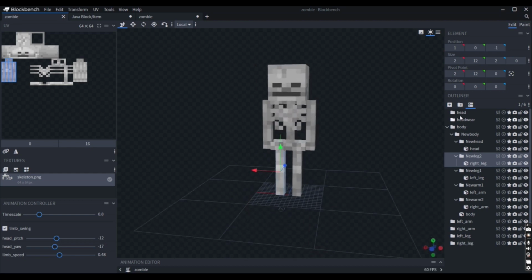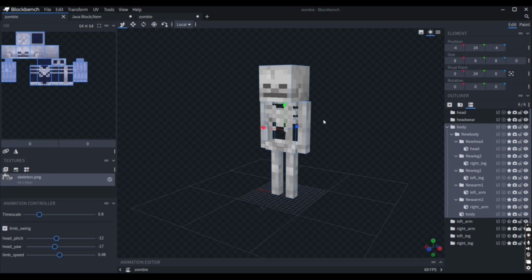So here I have everything located in the body folder, which I have not edited. Remember, do not edit any of these portions of that file. I put everything in a new folder called new body, and then every component that I wanted to animate, so I wanted to animate the head, the leg, the other leg, and the two arms. I want all of those to have separate animations, so I put them in a separate